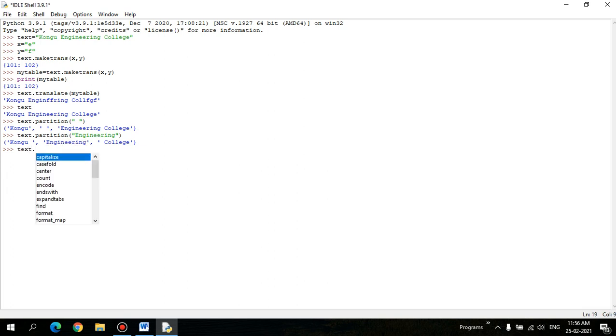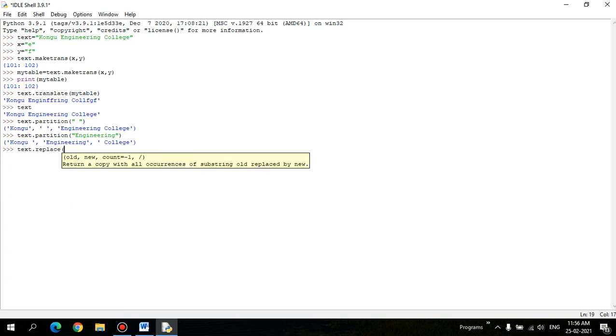And the next function is text dot... there are still more functions that exist. Partition we have seen, remove prefix, all those are not needed. Let's take replace. Replace returns a copy with all occurrences of the old string replaced by the new one.